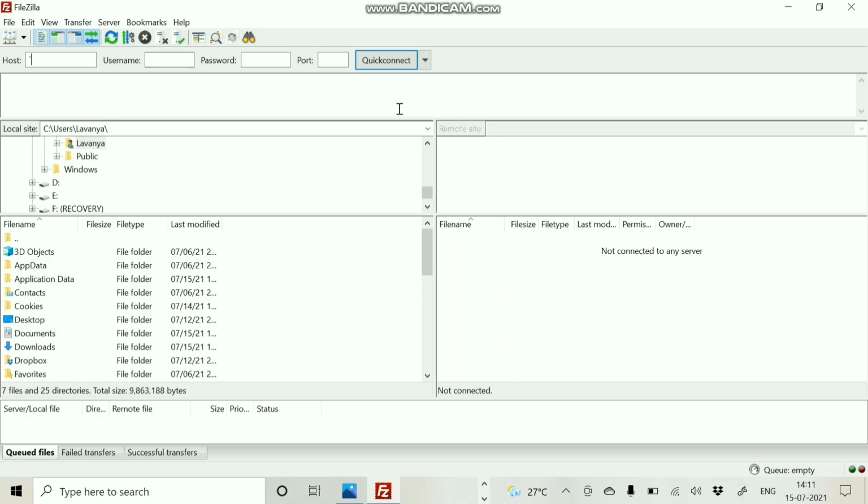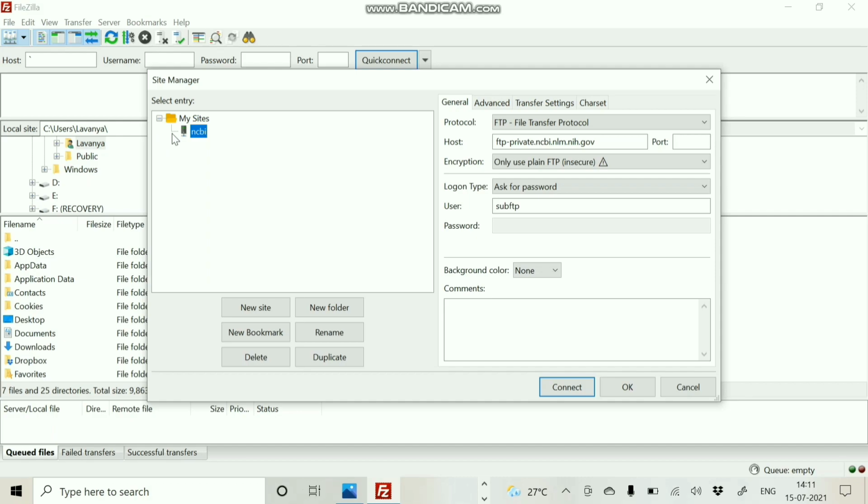So this is the home page. Click on the Site Manager icon on the top left corner below the File menu. A pop-up window opens. Click on the Create New Site. And on the right side, you have to enter the host address, username and password.